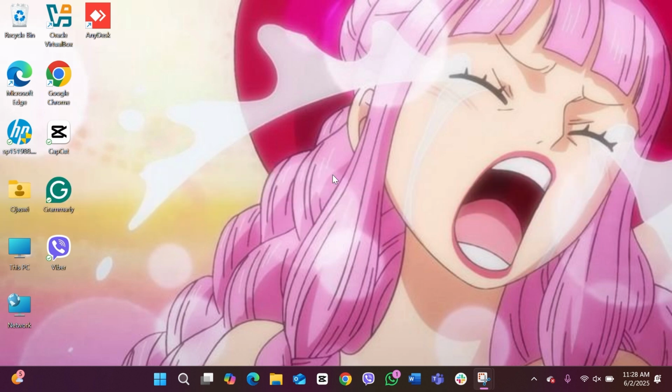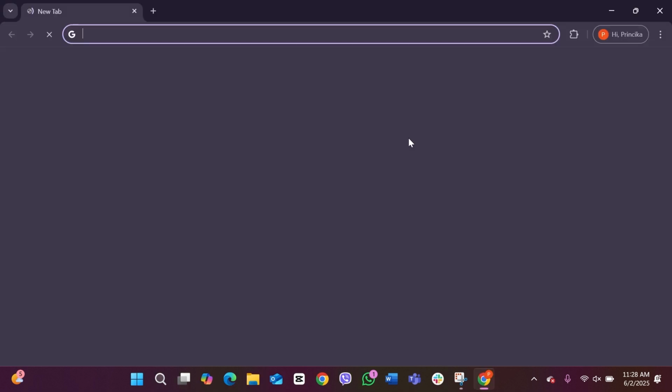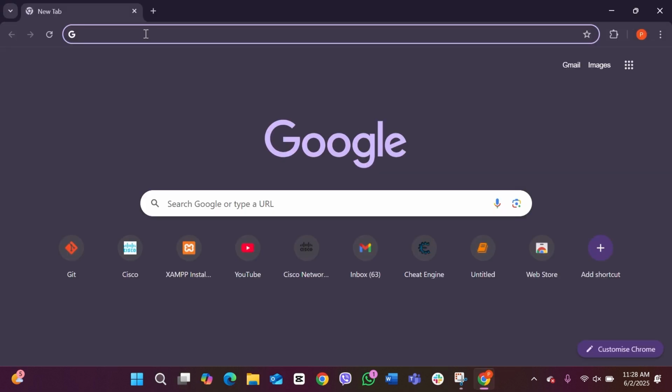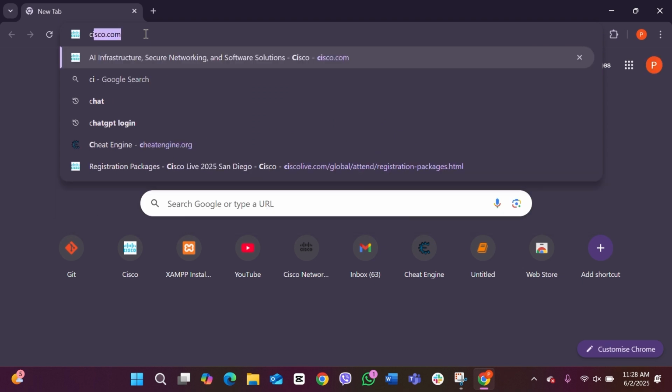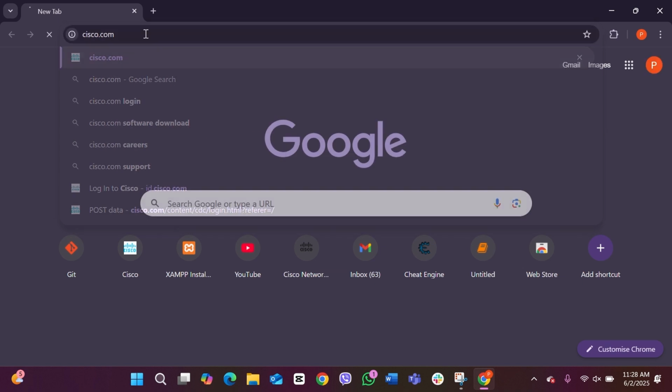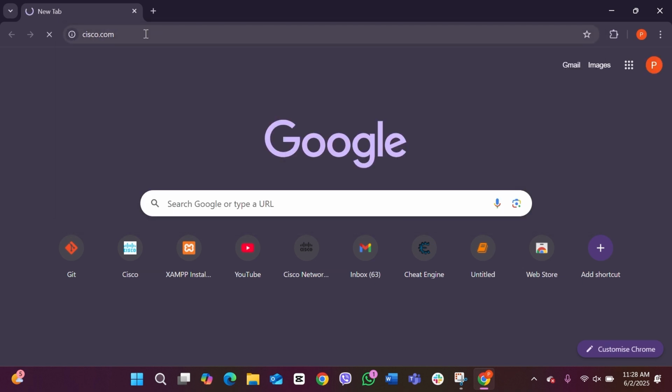So the first thing that you'd have to do is open any kind of browser. I'm going to use Google Chrome. So after opening your browser, you're going to go to the search bar and start typing cisco.com. After you've typed that down, tap on the enter button on your keyboard and this will take you to the